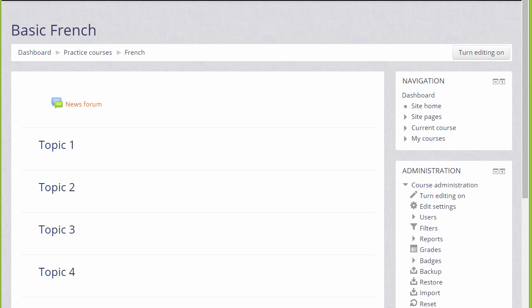What your course might look like as a teacher will depend partly on the chosen theme and settings of your administrator, but you can usually expect to see blocks, for example here on the right-hand side, but yours might be on the left or on both sides of the larger central area here, where the actual teaching and learning resources